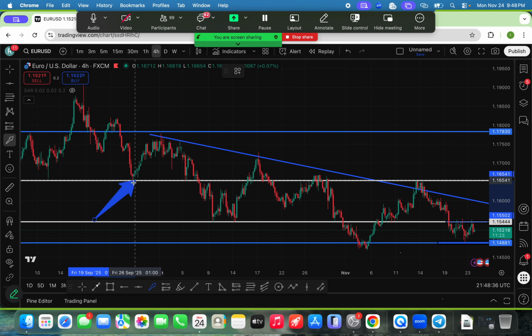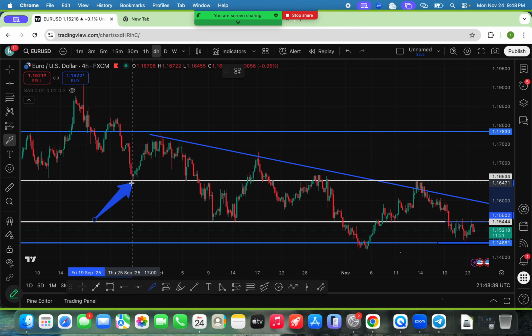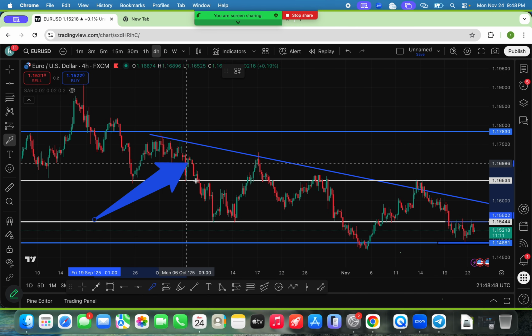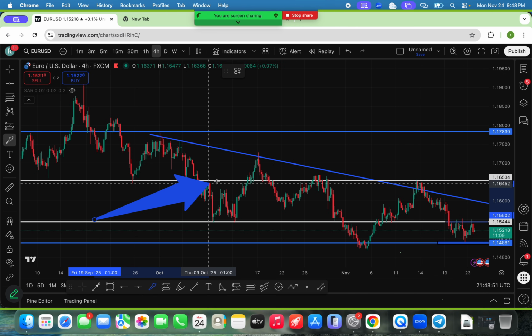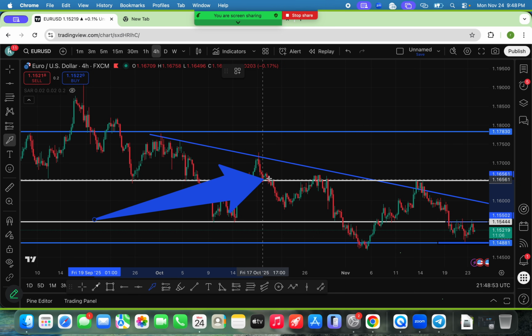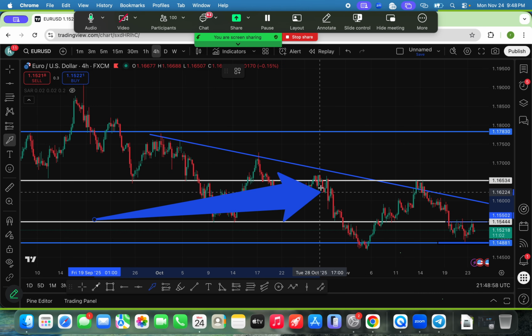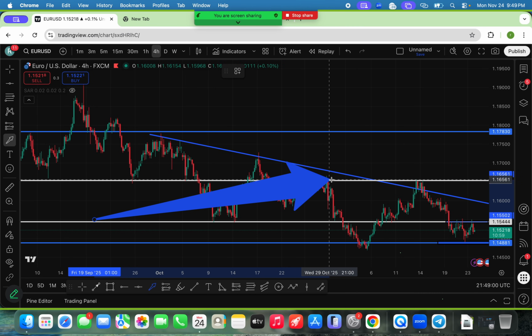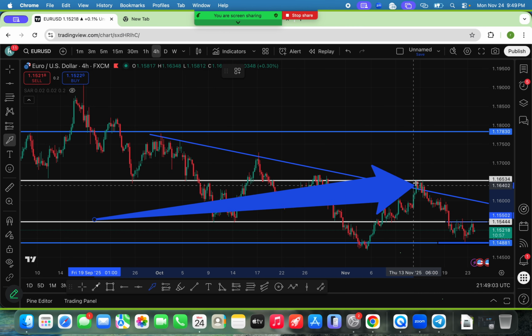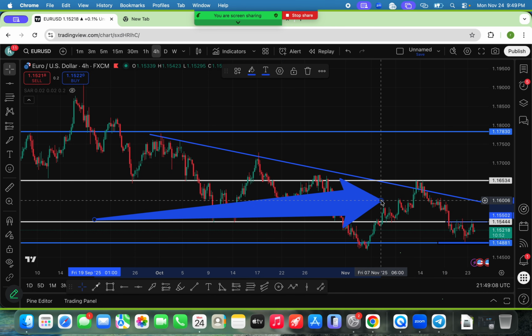You can see anytime price gets to this particular turning point, it gives a reaction. So we had price getting to this turning point. You can see it bought. It got to the turning point again. What did it do? It bought. We got the break. We didn't really get a retest here, but we got price touching this level. We got the break. We got price retesting the level, selling. It came back to retest the level again. And you can see in the future too, price go back to the level again. You understand? Good. So automatically, if anytime price gets to that level, it reacts.